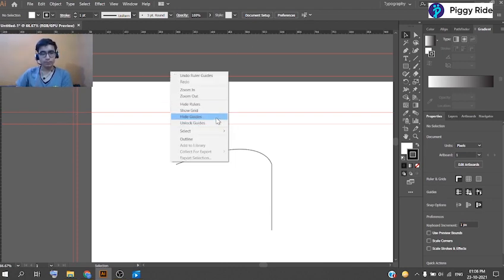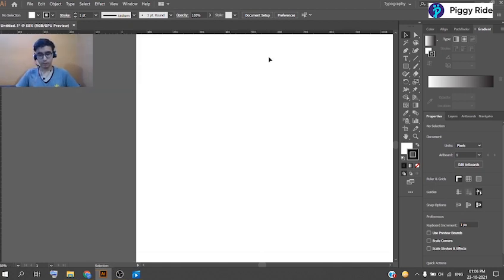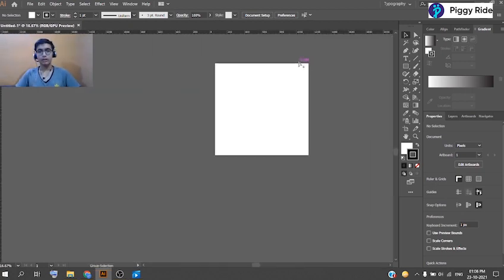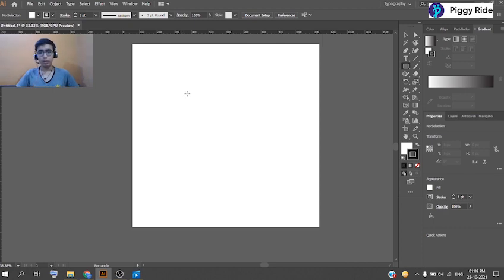Okay. So after that, we will hide the guides and we will just quickly move on to our tools panel, toolbar. This toolbar contains several tools that are present here, and we will start with the first tool, that is the most basic tool of the software, the selection tool. What a selection tool does is, as the name suggests, it is used to select any object or select any path, select any artwork, and we can move our artwork from here with the selection tool.